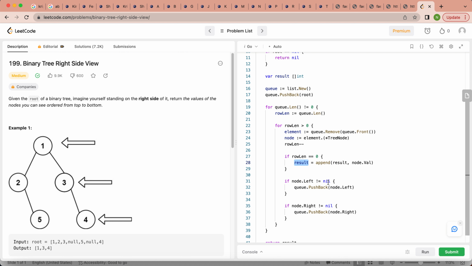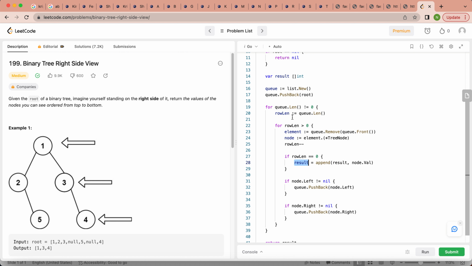If left is not nil, then we can add 2 in a queue. And we also check if the right node is not nil, we add this 3 in a queue. So we'll come out of this inner loop because row length is already 0,